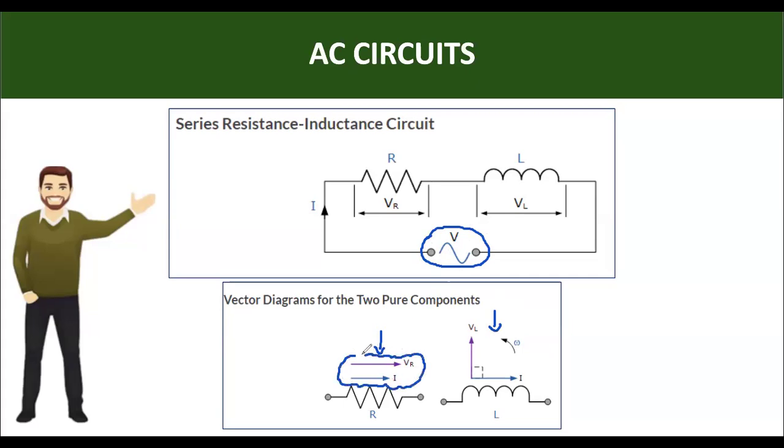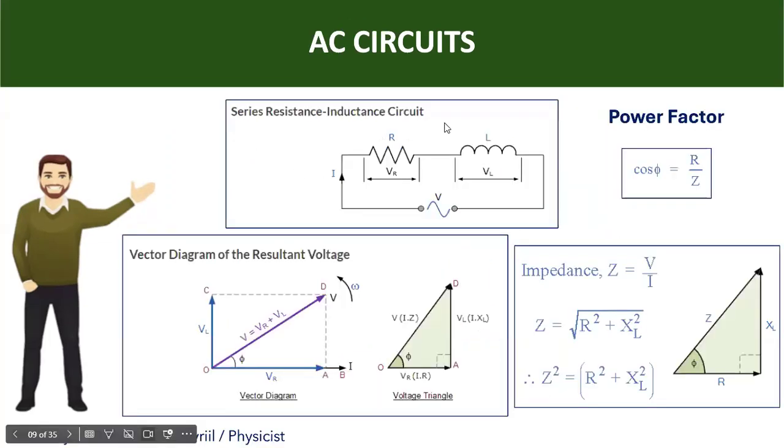one for the resistor. You see the I and the VR are in the same direction, on the same horizontal axis, and they have no difference. They are in phase, no phase difference. And the VL leads the I here. So if we continue